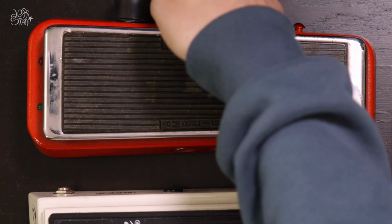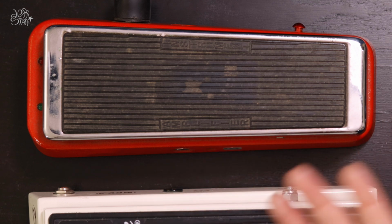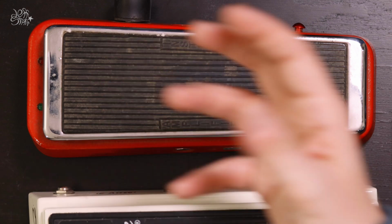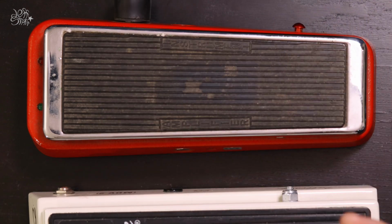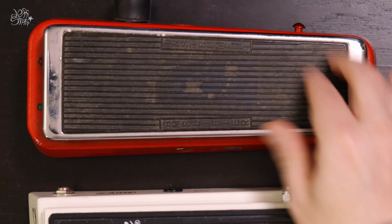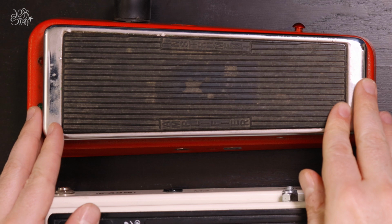This intensity control here on the side is basically on, or is the pedal even on? And there's no good middle ground. Why even bother? It doesn't go very fast. It doesn't go very slow. It's also not true bypass, which usually I'm not a big stickler for if it has a good buffer, but